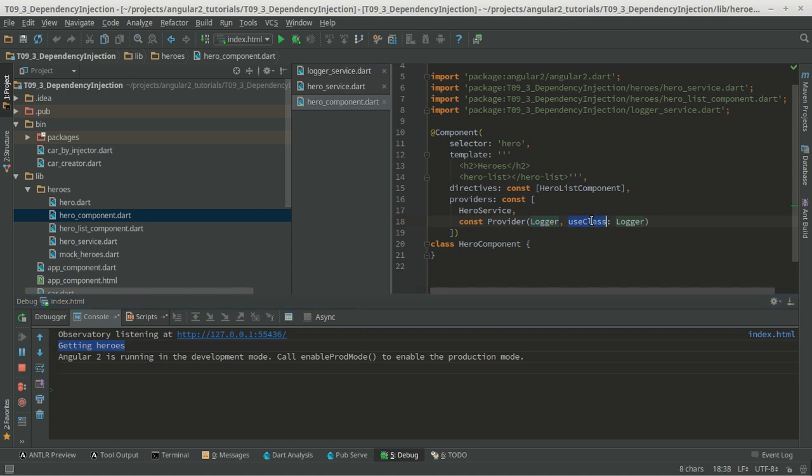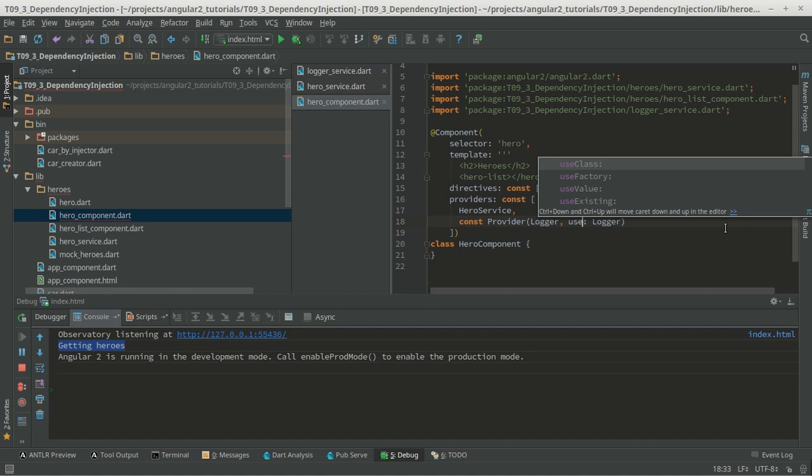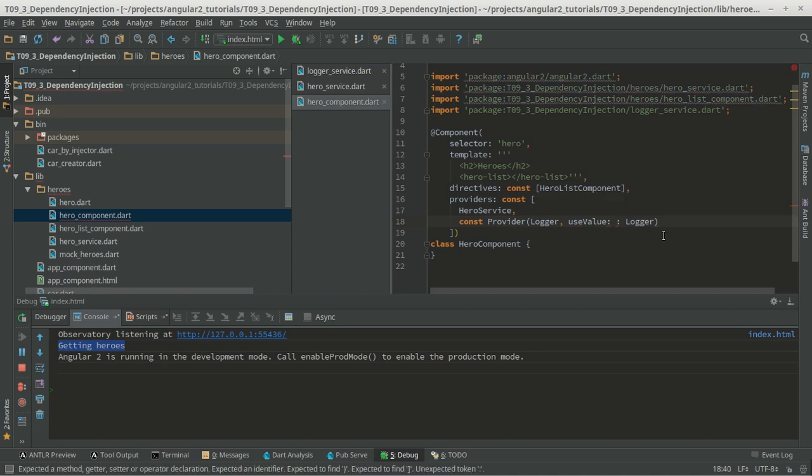There are two others, that is the use value and use existing. We're going to do the first, and also use factory. Let's do the use value. So when we use value, we can just pass the class, and let's run it again to see